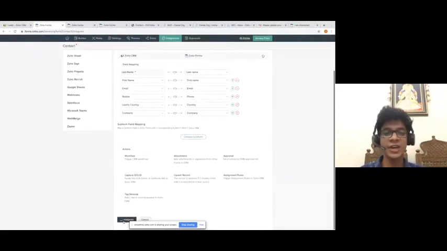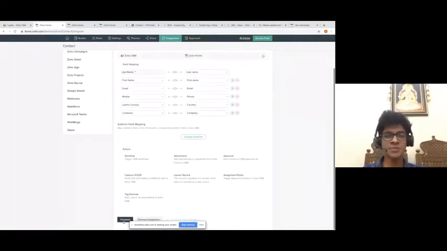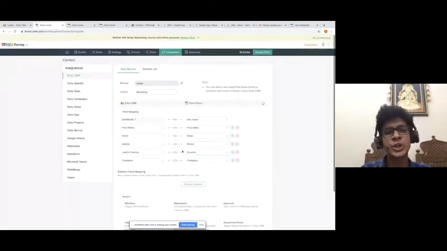As I click on integrate, it's so simple. Your Zoho Forms is now integrated with Zoho CRM, and your Zoho CRM is ready to accept data from Zoho Forms. You people might be a little curious as to in what ways this form built in Zoho Forms